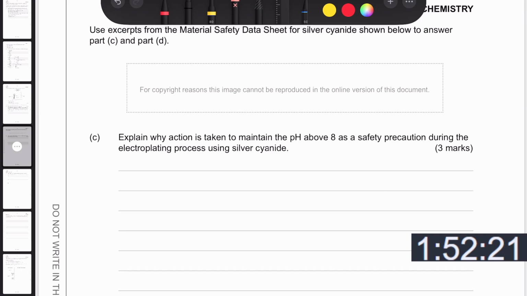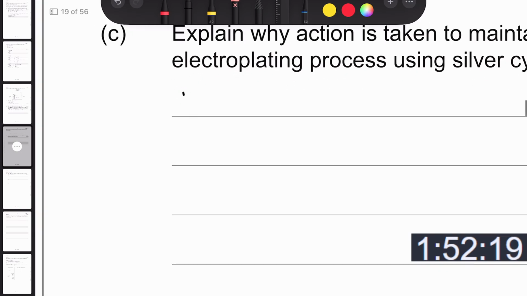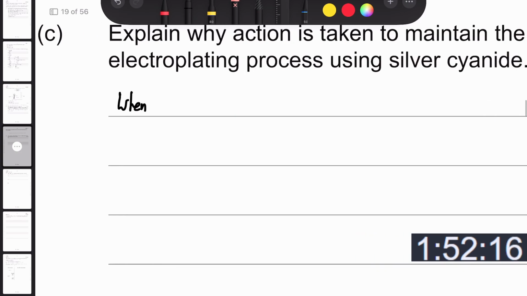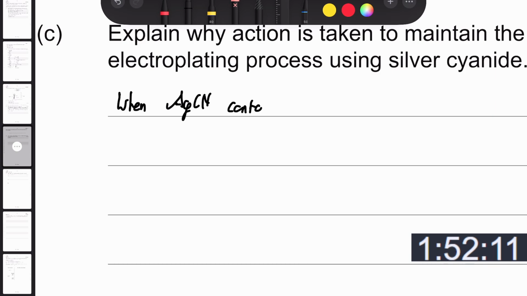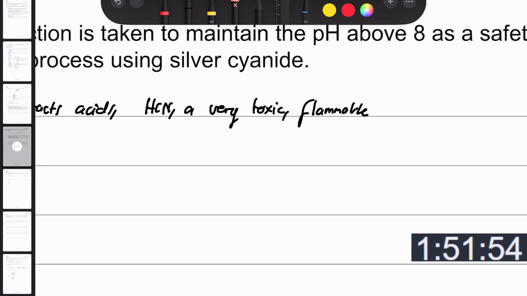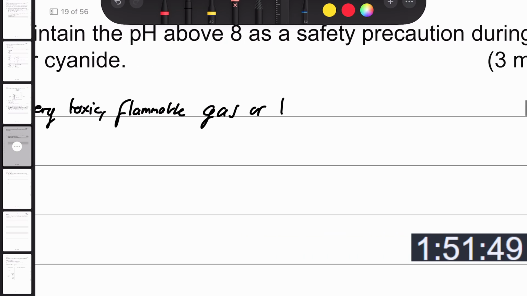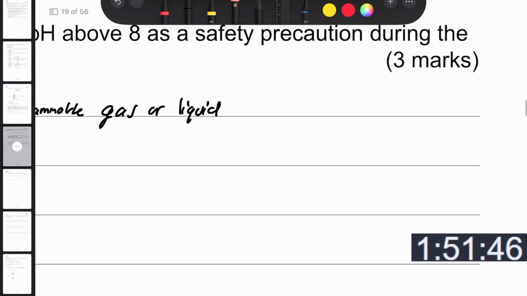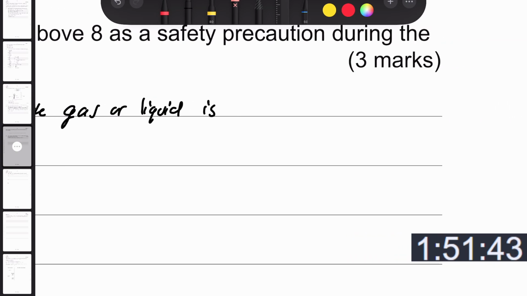Okay, so when silver cyanide, AgCN, contacts acids, HCN, a very toxic flammable gas or liquid, is liberated, is produced,